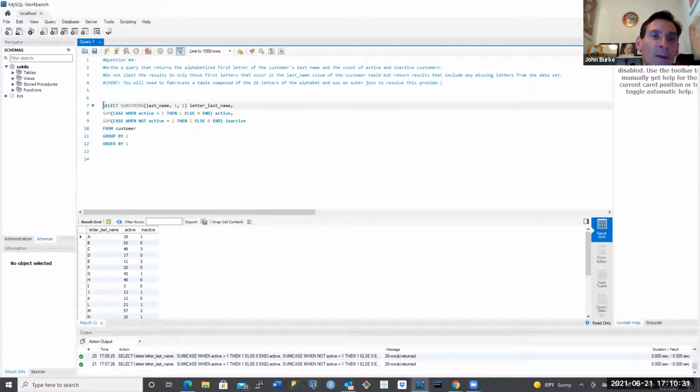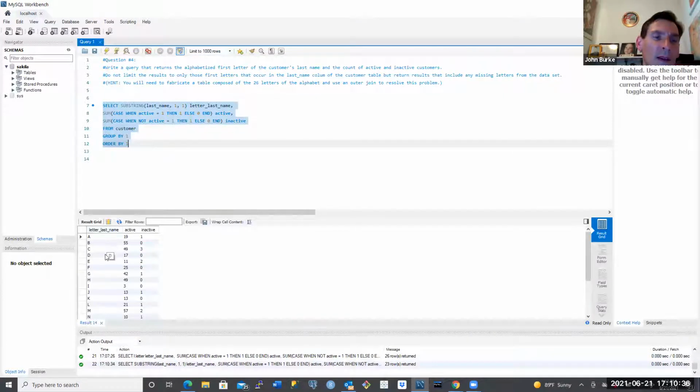Okay, so when we run this, okay, there's some letters missing, like there's not Z, there's not X. Nobody's names in this database apparently start with Z or X, there's maybe a few others missing. So what it wants is every single letter represented here. Unfortunately, I don't think there's any totally easy way to do this. So what we're going to have to do is